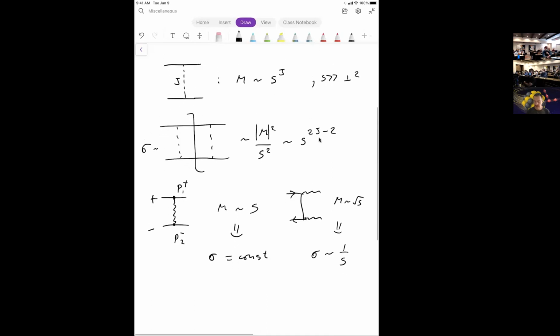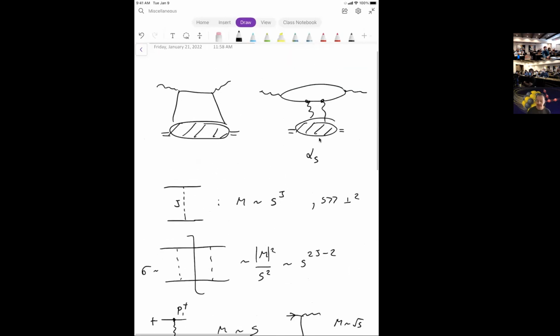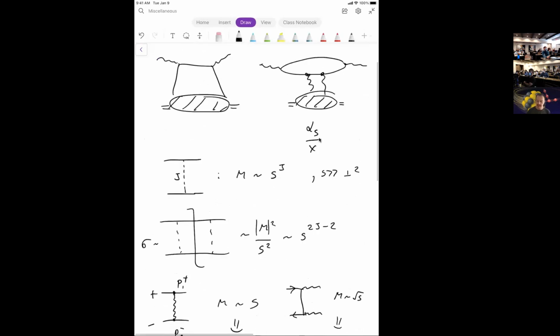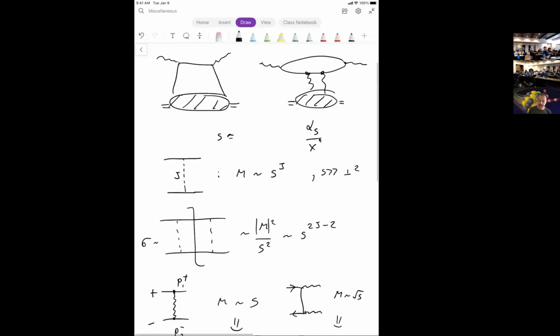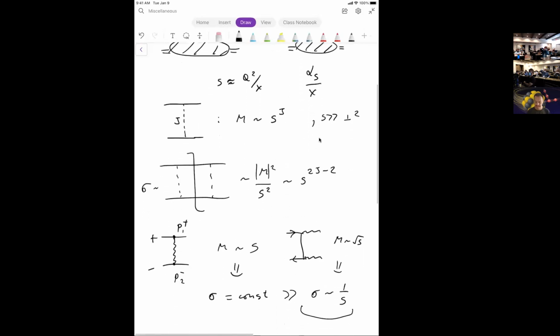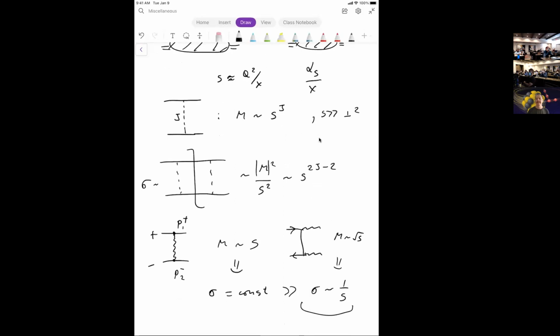So if you're interested in the high energy regime, where s is large, that means quark exchanges are suppressed compared to gluon exchanges by 1 power of s. One power of s suppression is exactly what generates a power of 1 over x enhancement for the gluon exchange, because s at small x is roughly q squared over x. Okay. Does that make sense? Yeah, so it's actually the spin of the exchange particle that was crucial. Yeah, ultimately it's a spin, and you can connect to Regge physics, but I don't think I have time to go that deep and that far back in time.